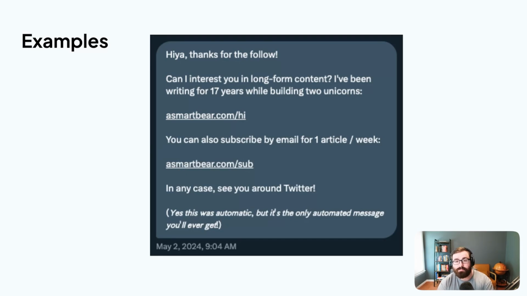And it's worth doing this manually or having a virtual assistant do this for you, especially if you're trying to get your first 1,000 subscribers. Doing things that don't scale is important. And this tactic can also scale later on through automation or a virtual assistant doing it for you.